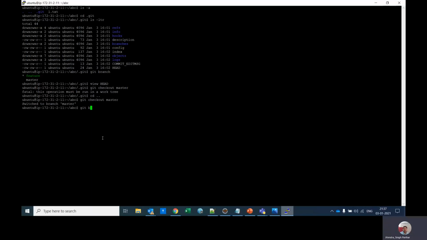Now run git branch. The highlighted one is master. Earlier we were in the feature branch, but because you switched from feature to master, at this point in time you are in the master branch, and the same information is being saved in